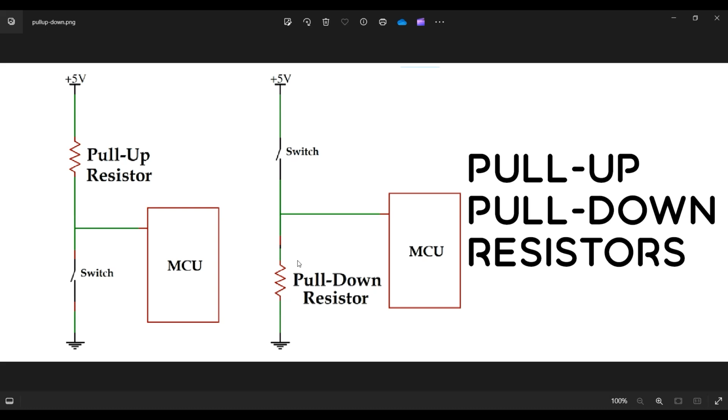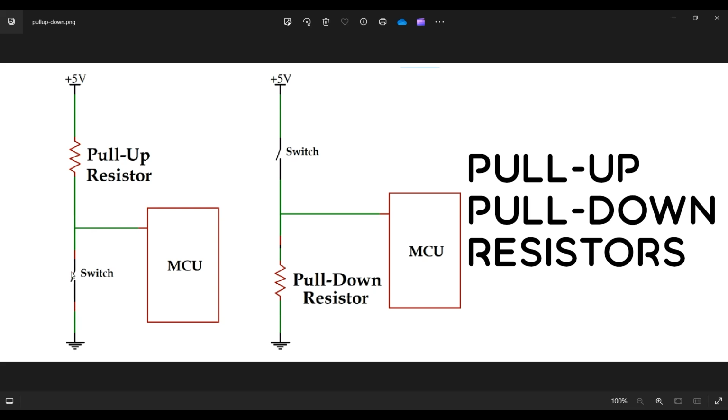I want to explain the concepts of pull up and pull down resistors with this picture. It helps us so much. So let's start with pull up. This is our MCU, and let's imagine this pin is our input, and we want to write a program that does a specific function whenever its value is low, or it is connected to GND.